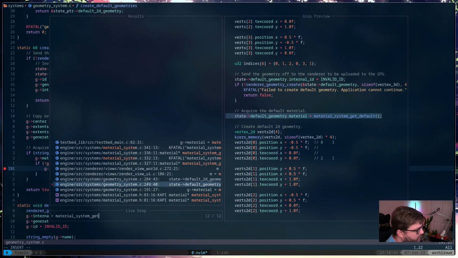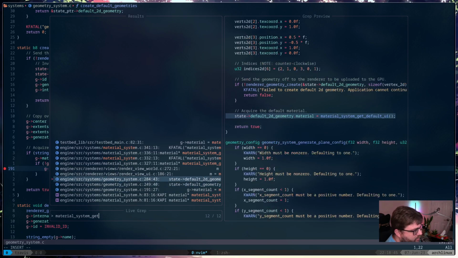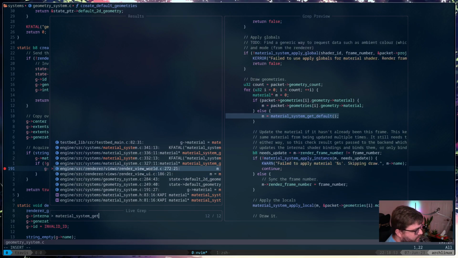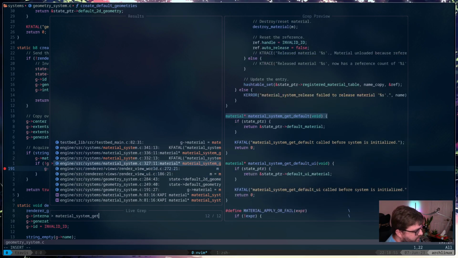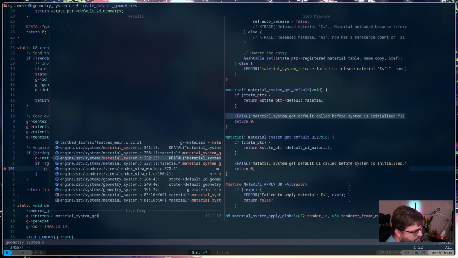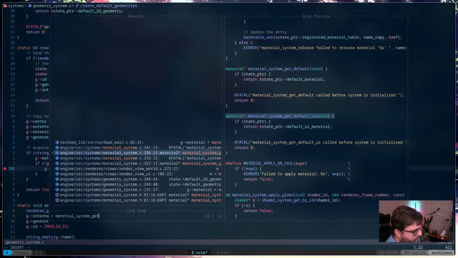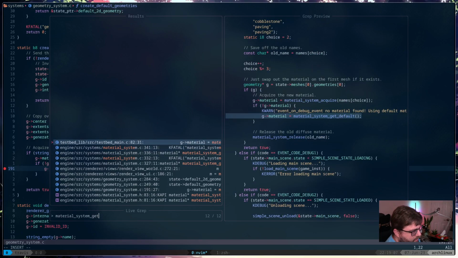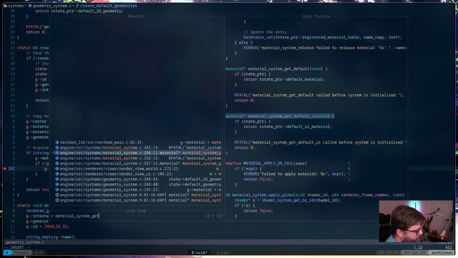So that's geometry system. It's the render view UI. We fixed that one. That should be the default material. That's just a string. That's the UI. And that is our test bed, which should be fine.